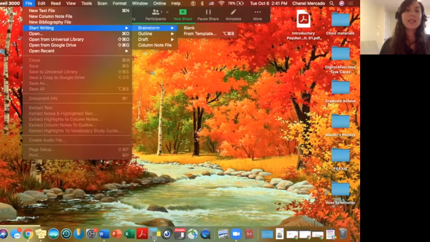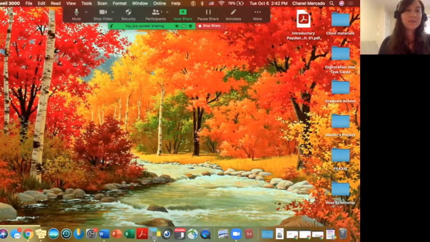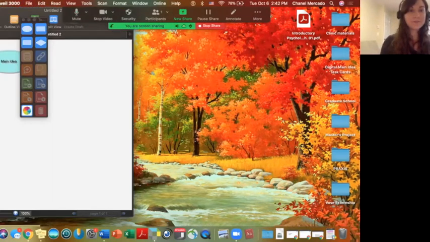Brainstorm is a lot like, if you're familiar with what a mind map is, it's really similar to that. It's just a visual way to organize your ideas in a kind of hierarchical manner. So I'll show you what that looks like. So with a Brainstorm, I can either open a blank one or from a template, because Kurzweil does have templates you can use for compare and contrast papers, for other kinds of papers that you might need to write. I'm going to select a blank one just for our purposes.